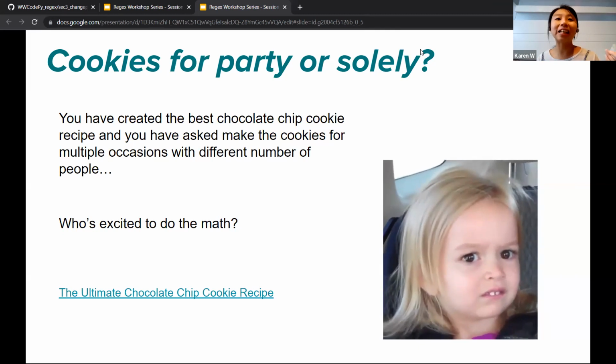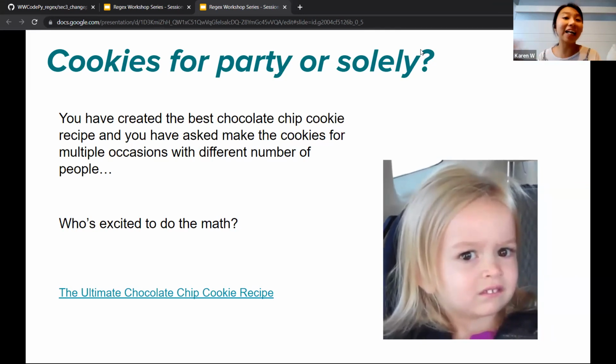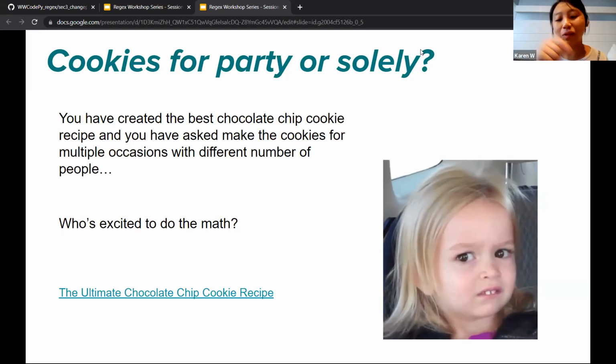I had this struggle before. It's like, what the heck, how am I gonna do this? I'm gonna write down on a piece of paper and calculate. Okay, it's 300 grams of flour. I have to divide by two, so it's 150. So you have to write down a new piece of paper and do that again. So this is me.